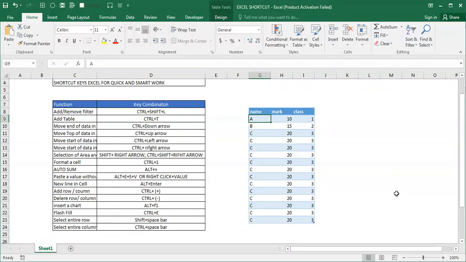You want to go to the end of this column, I'll press Ctrl down arrow. I want to go to the right side end of this row, I'll press Ctrl right arrow. I want to go up, I'll press Ctrl up arrow, so it will go to the top of that. If you want to go to the bottom, press Ctrl down. You want to go left to the starting point of the row, you press Ctrl left arrow. I'll show the live keyboard.